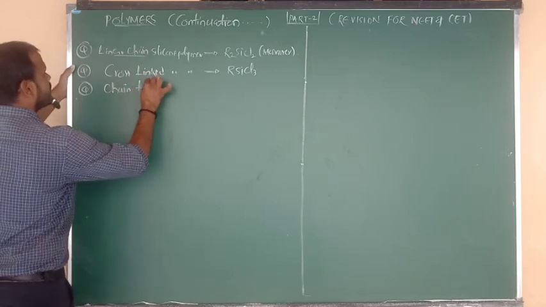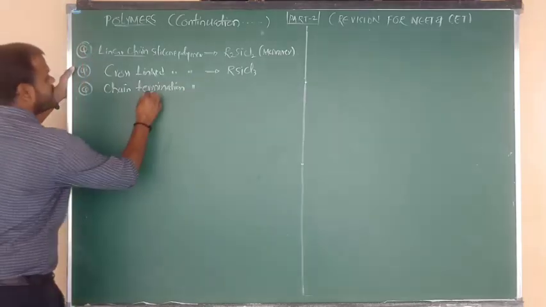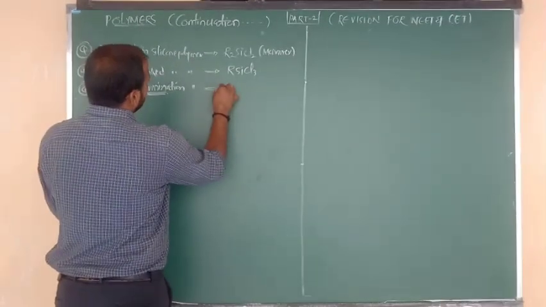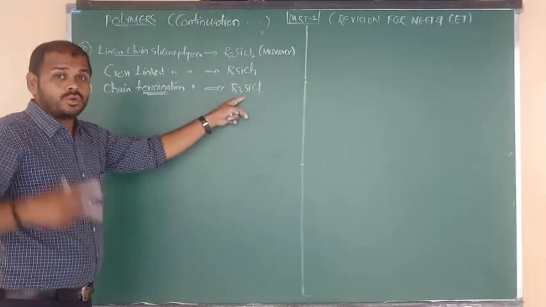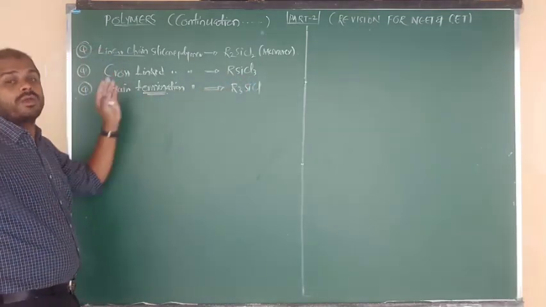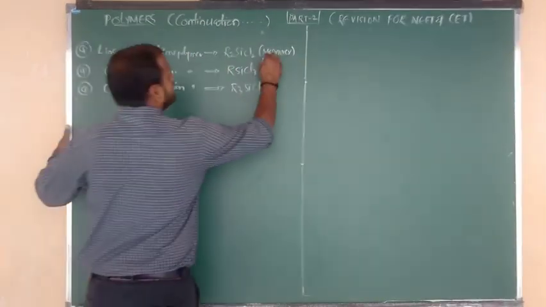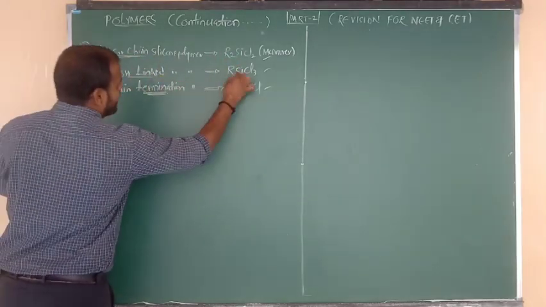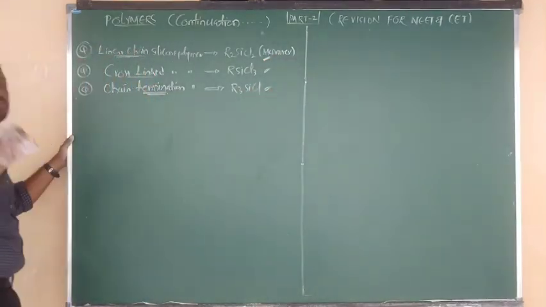Chain termination in silicone polymer. Chain termination means we have to stop the chain right there, so which monomer unit do we have to consider? It means the R groups should be more: R3SiCl, trialkyl chlorosilane. More alkyl groups and one chlorine means chain termination, no cross links, and it forms linear chain polymer. Try to remember all three formulas: linear chain monomer is R2SiCl2, cross link monomer is RSiCl3, chain termination is R3SiCl. All three are very very important, repeated in all the exams.